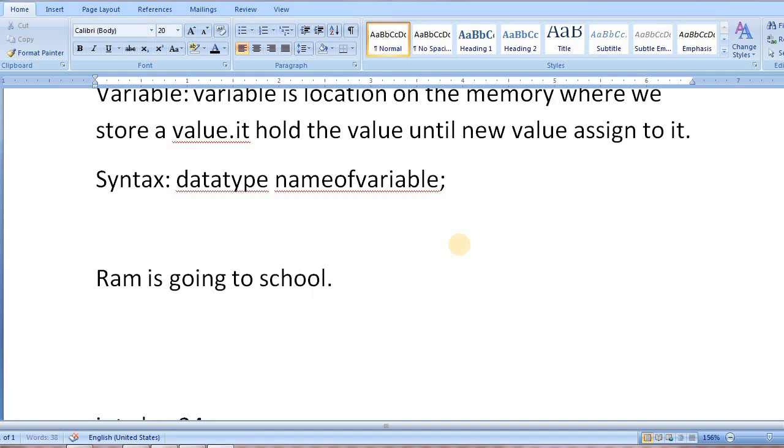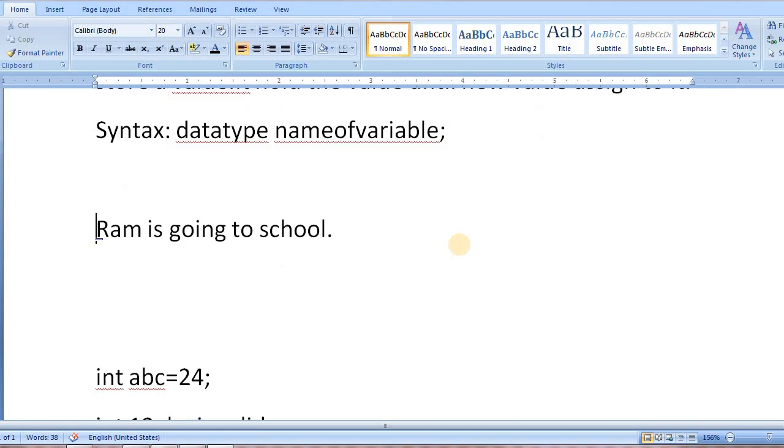To write this sentence we follow a rule: subject plus is, am, are plus verb first form plus ing plus object. Means to write this sentence we follow a grammar rule.